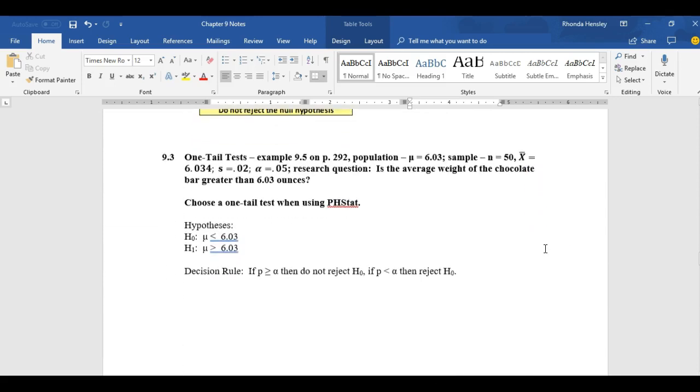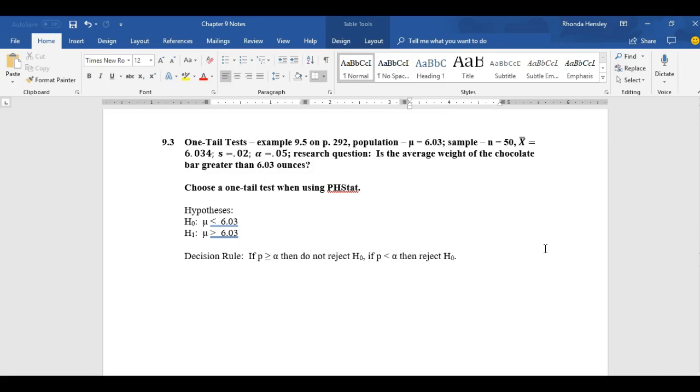I put the output here. One-tailed tests work essentially the same way. The difference is that in a one-tailed test, your whole level of significance is in one tail end or the other, which of course changes how you get your critical value. You just have to remember that what you're dealing with is one or two tails. So the example 9.5 on page 292,